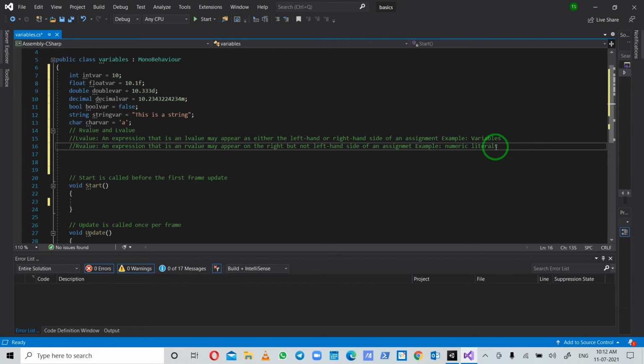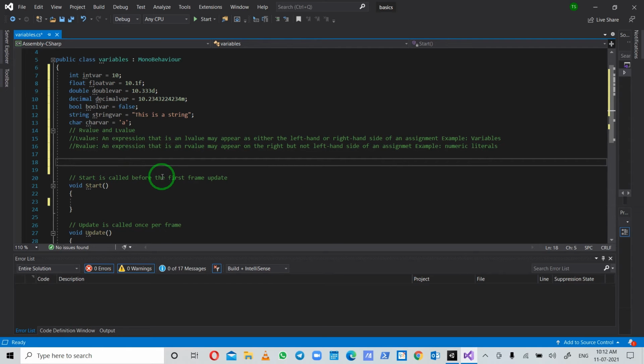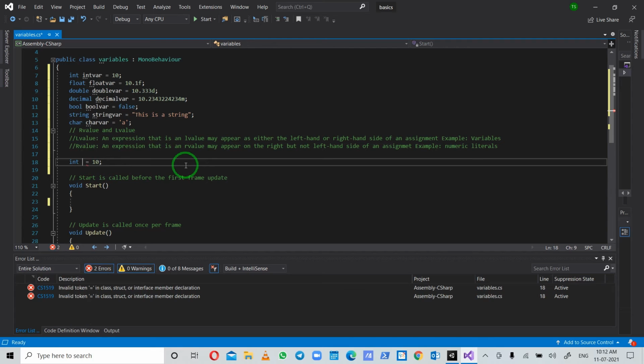Actually, let me copy this code. As you can see, I have to rename it.